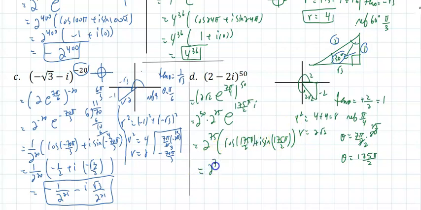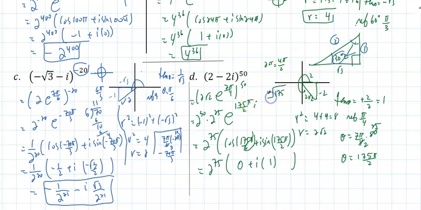And that would be 2 to the 75 times. Well, if it's a multiple of pi over 2, I know that's 0, and I know that's a 1 or a negative 1. Let's see which one it is. Again, if I go one full round around the circle, that is 2 pi. To make it over 2, that is 4 pi over 2. So if I take